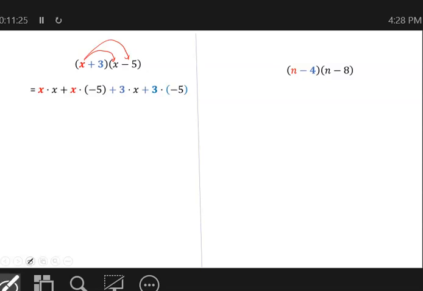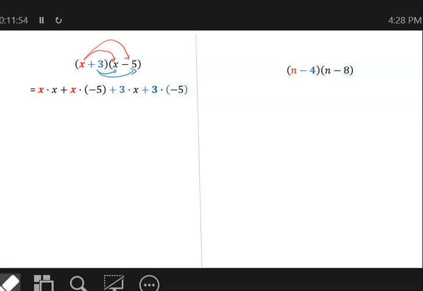And after that, we are going to distribute the blue 3 to everything in the second box. So we get 3x and 3 times negative 5. Sorry, x times negative 5 here. So as you can see, x times x is the first one, x times negative 5 is the second one, and 3 times x and 3 times negative 5. Okay, so now we are going to